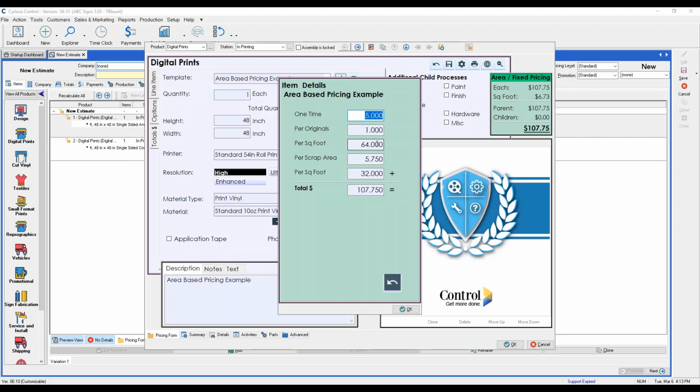So there's my $5 for my one-time setup. There's my $1 for my original or my design file. My 64 square feet for my printed area. I have my $5.75 for my scrap area. And then in my example, you're seeing another 32 square feet here, simply to display that in some cases, all your setup and your scrap percentage, your originals, all that can be defined and used multiple scenarios, but your material